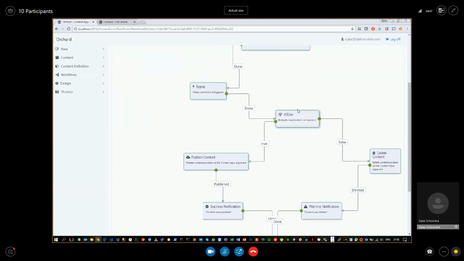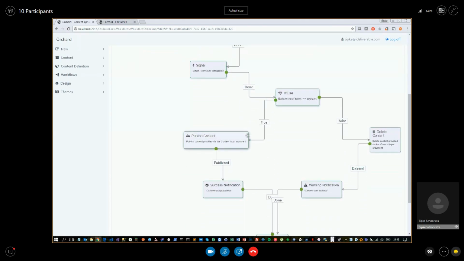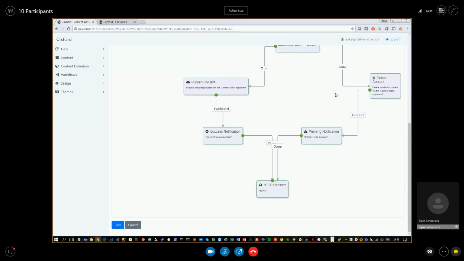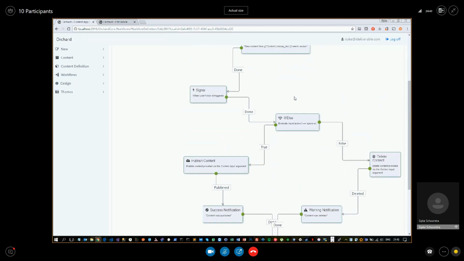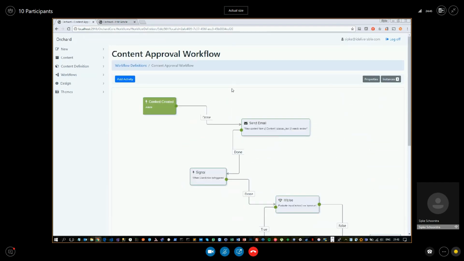And then it would return true or false. Based on that, you can do anything else, like publish the content, delete the content, or send another email that it needs more work, etc. So that's workflow instances.